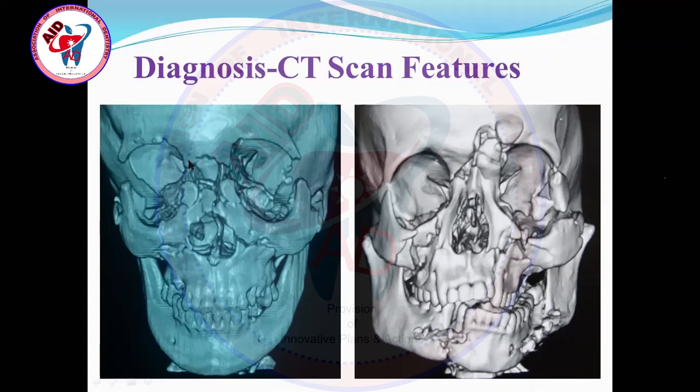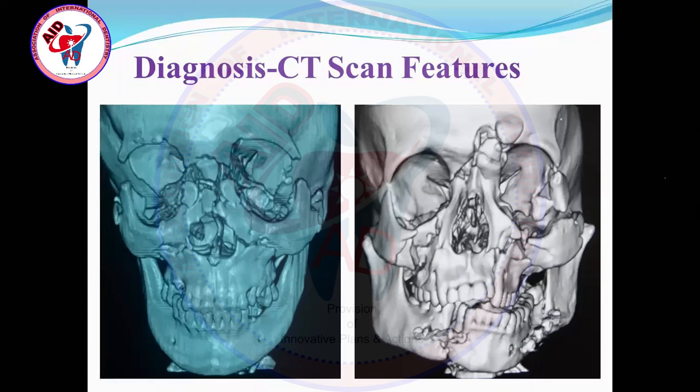Moreover, there is also associated naso-orbitoethmoidal fracture. There is also Le Fort 2 fracture and also Le Fort 1 fracture. But fortunately, at Le Fort 1 level and at Le Fort 2 level, the displacement is not so great. There's minimal displacement. And this patient has some loss of dentition, not due to trauma previously, and due to certain